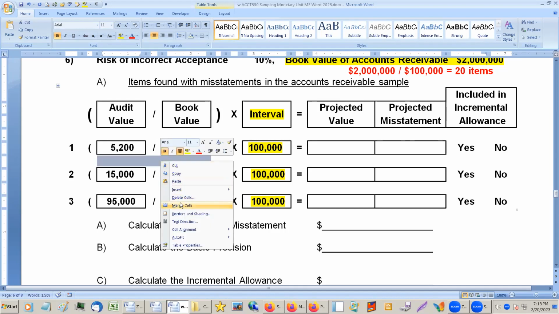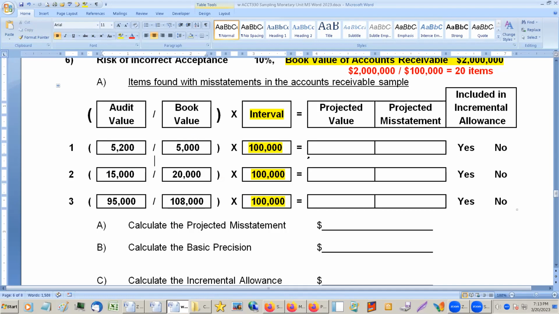This is an understatement. We're not supposed to find these with this. And when we do find them, we ignore it, which, as an auditor, really bugs me anyways. It finds something that's wrong and they say, yeah, it's off, but we're not looking for those. So there actually is no misstatement.